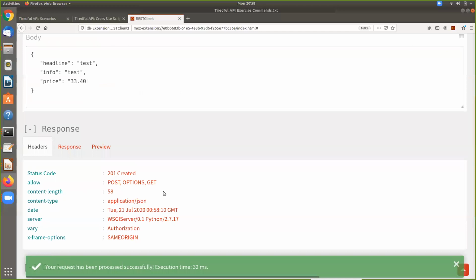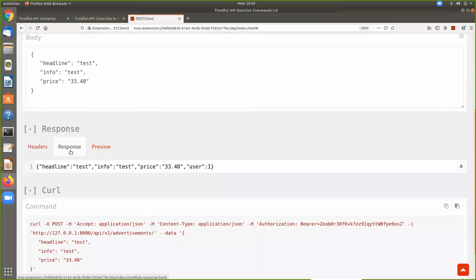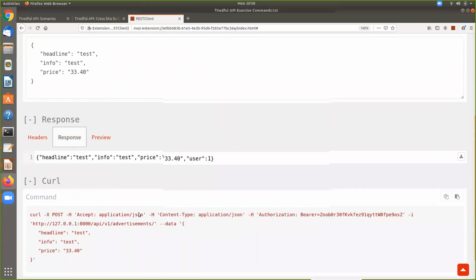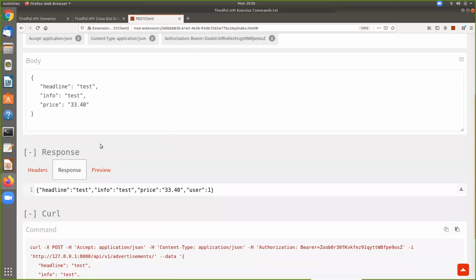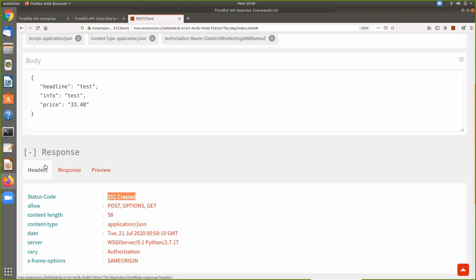Go ahead and send it. And notice we get a status code of 201 created. So again, that's why these status codes are really important, because it really tells you on the back end how the server is seeing the requests. And if we look at the response, it definitely did include what we wanted, previewed to get the nice JSON formatting. So that accepted it. That's working exactly how it was intended to work.